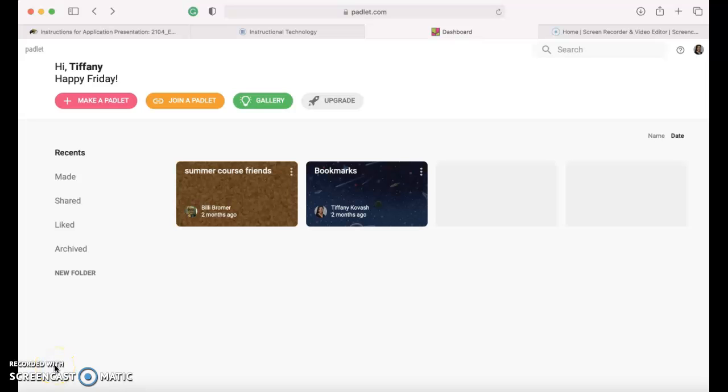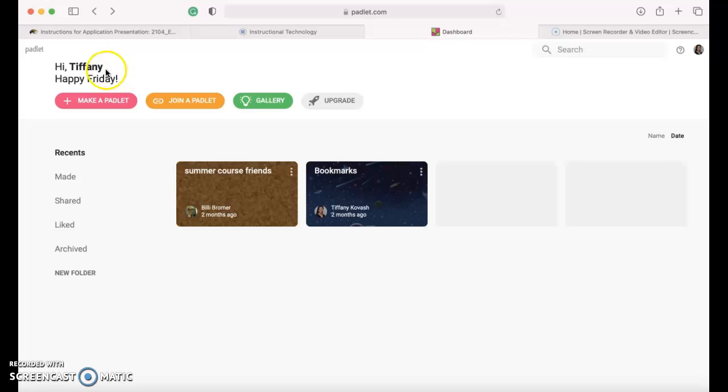The application that I choose to present today is Padlet. Padlet is an interactive discussion board for students to use within the classroom. The website that they will go to is padlet.com, as noted here in the search bar. Once you get into it, as the teacher, you will be able to create an account indicated by this icon